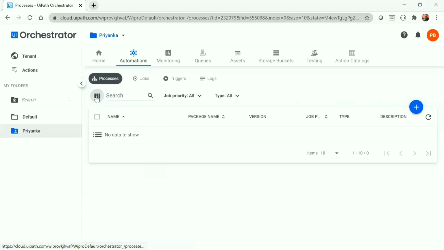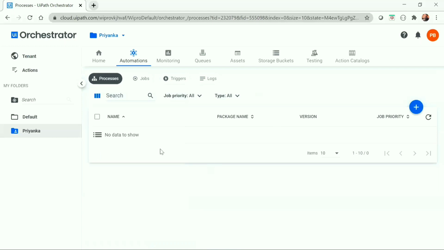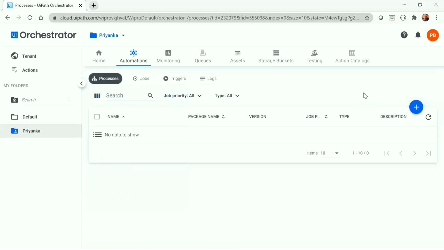To do that, I click on this column section, and suppose I don't want to display the description, then I can simply uncheck it. Also, suppose I don't want to see the type, then this is how you can customize your UI and display whatever columns you want. Also, suppose we want our user interface back to normal, let's click on reset. It will get back to the default display.